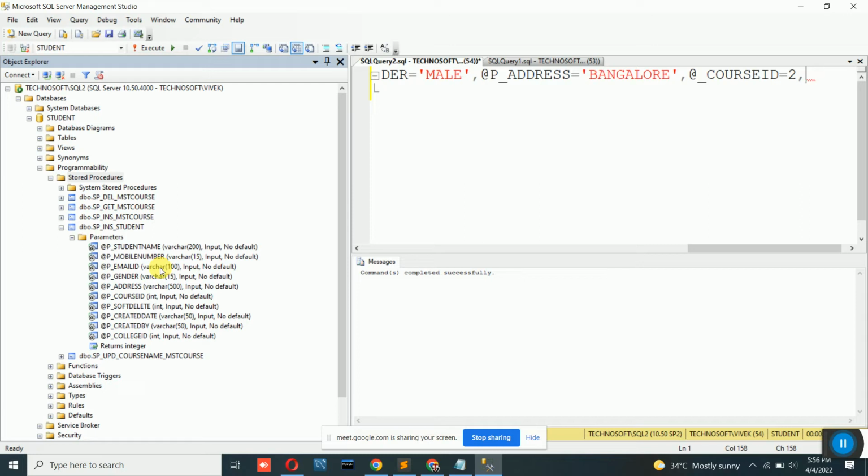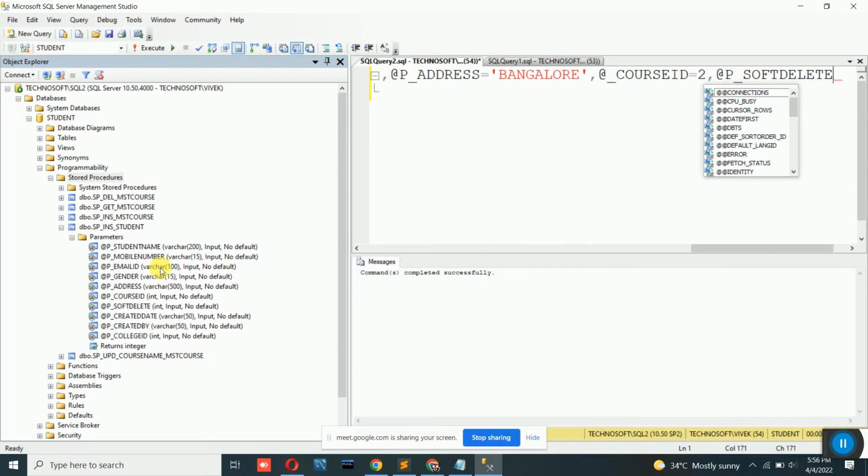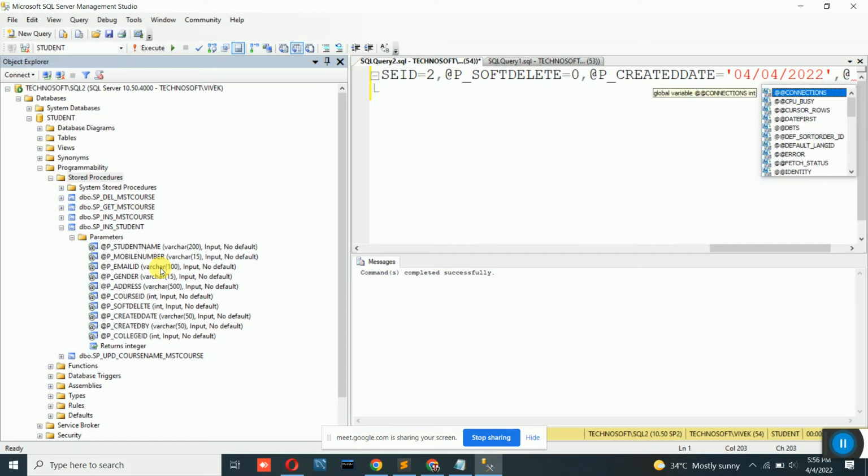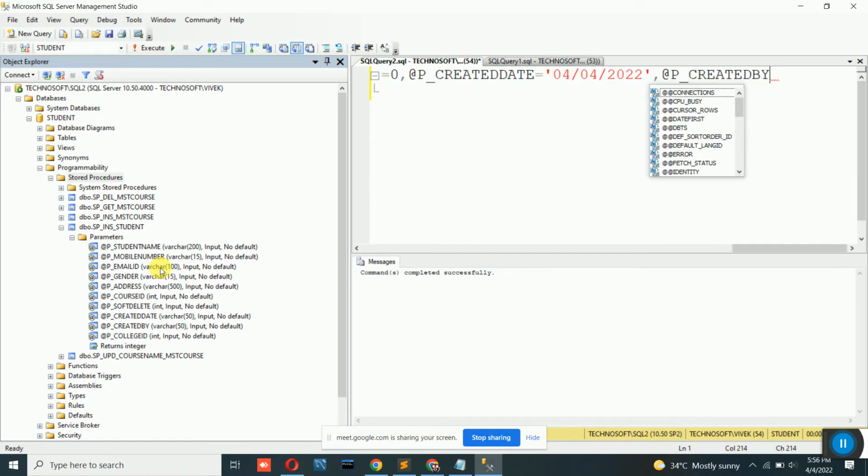After course ID we have soft delete, so at p underscore soft delete equal to 0 comma. Next is created date, so again at p underscore created date equal to, you can enter that it is in varchar, so I'll create it on today's date 04042022. And the last, I think created by is there, so at p underscore created by, we will give